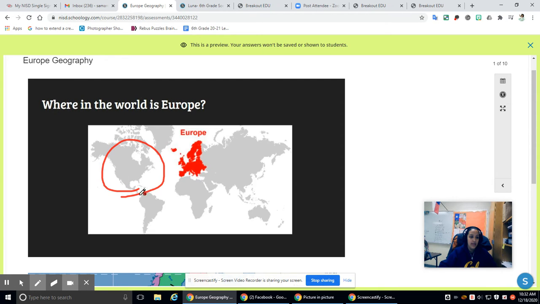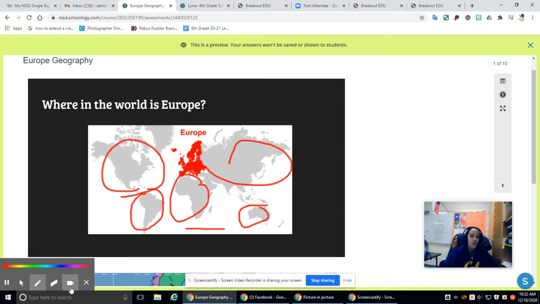We have North America, South America, Europe, Asia, Africa, Australia, and then down here at the bottom, Antarctica, which is not shown on this map. So you need to know that that's where we are. We've already talked about those other countries, the continents and the regions. So please,